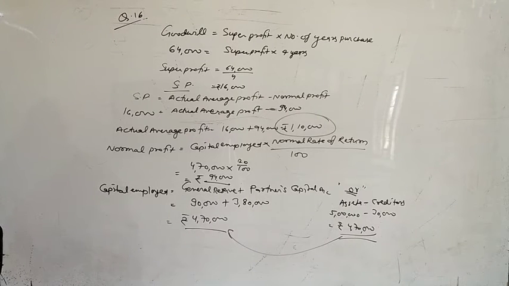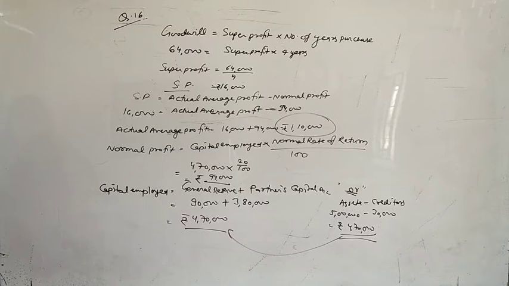So first of all, just understand how we will find the capitalization method. You can open your book, page number 3.17. I will make you understand on this page. Under this method, goodwill can be calculated in two ways. The first is by capitalizing the average profit, and the second is by capitalizing the super profits. Means the capitalization method can be applied on both profits, that is average profit and super profit.